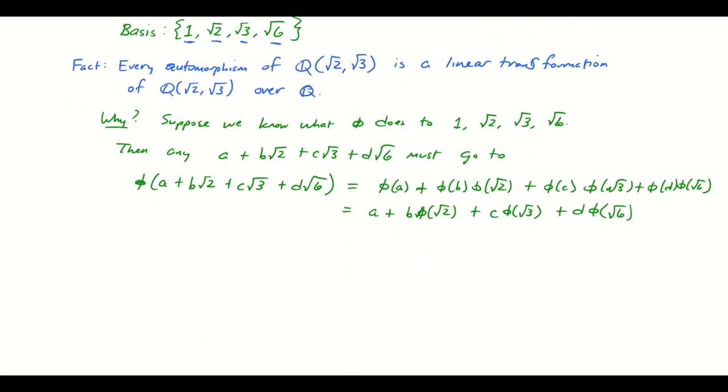Okay, so here's the point. To determine an automorphism of this field extension, I actually don't have to have that much information. I need to know what happens to the rationals, which I already know that they're all going to be fixed. I need to know what phi of square root of 2 is. I need to know what phi of square root of 3 is, and I need to know what phi of square root of 6 is. And actually, those are not going to be three totally separate, independent pieces of information, as we will see very shortly. So in other words, to know what phi is doing,